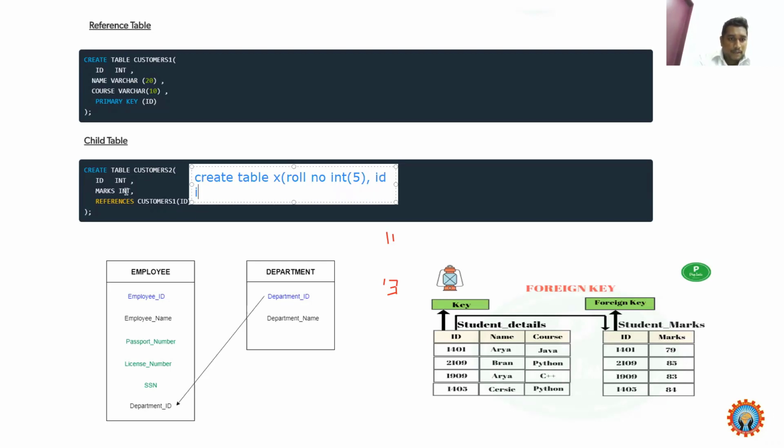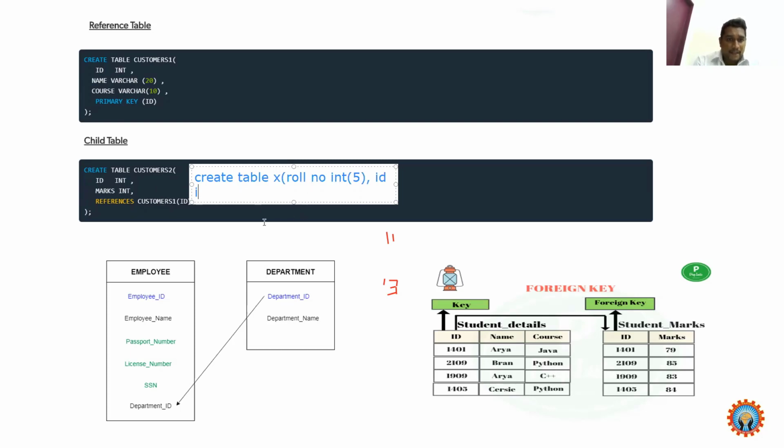So the attribute whatever you're giving, the data type should match the particular one. If I am giving size 10, it should be size 10. If I am giving id int, it should be id int. You have to define size also.